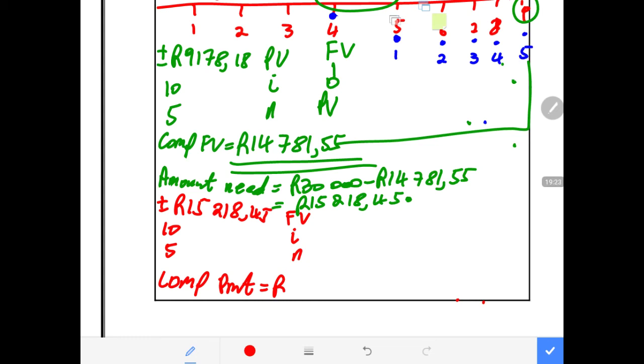Then we go to our calculator once again. We say future value is minus 15,218.45. 10 is the interest. 5 is N. We compute PMT. How much must he pay now every month? He must pay now every year